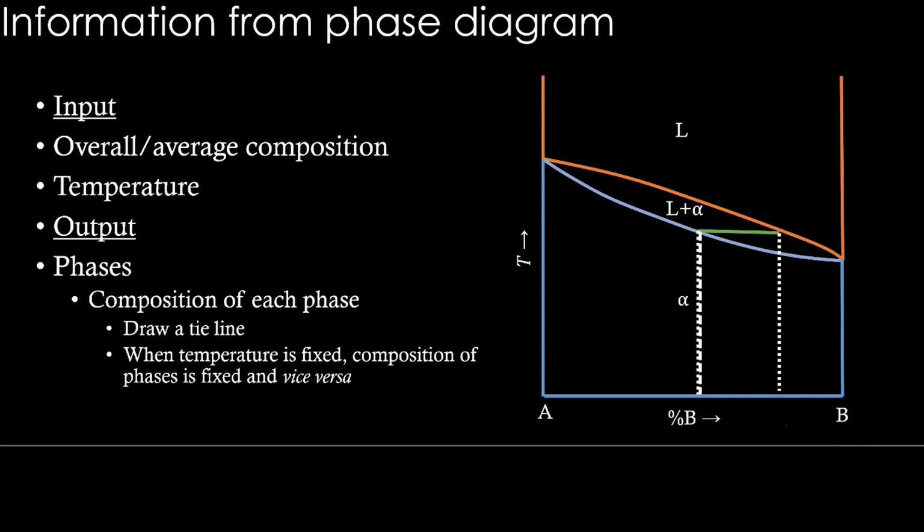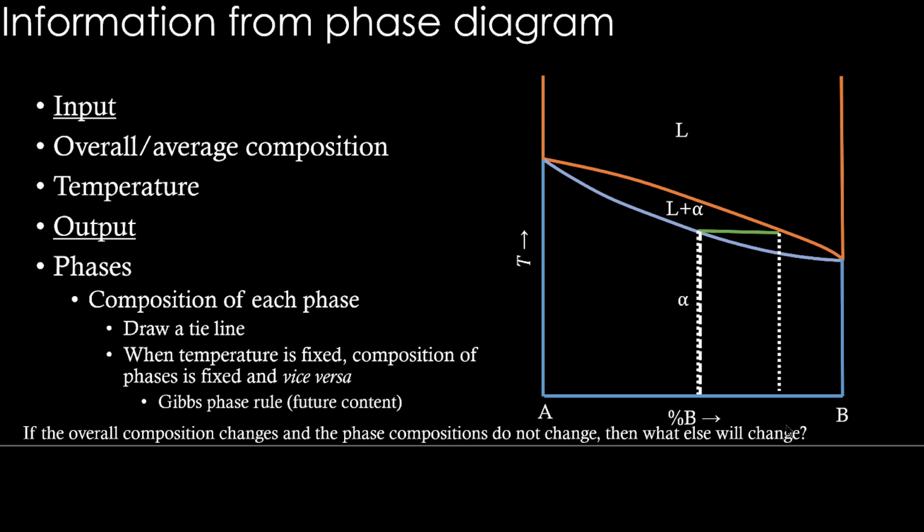This idea will be dealt in more detail when we go to Gibbs phase rule. So now this is easy to see. As long as tie line is there, if you change the overall composition within the tie line composition range, your individual phase compositions are not going to change. So now overall composition is quite a significant one, right? So if the entire alloys or the material in your hand, the composition of that changes, and individual phase compositions do not change, what else will change to accommodate for the change we have done in the overall composition? And this is an interesting question.